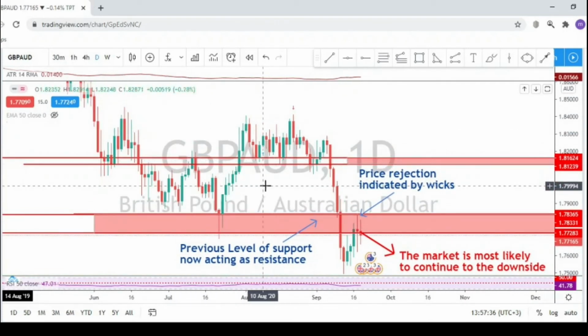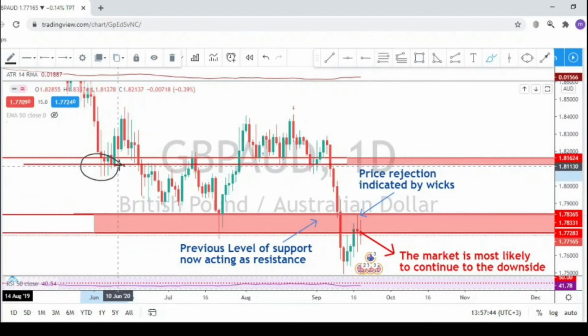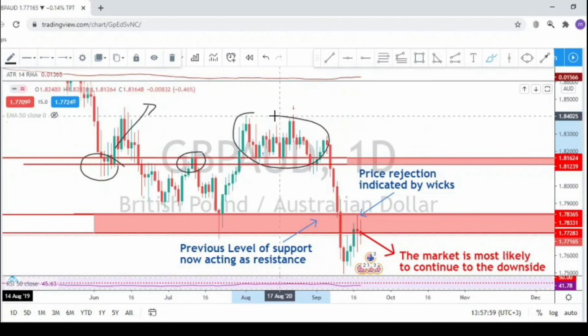And the key levels of structure, as you can see, we have this level of structure that the market has reacted to the upside, which is the support level, and at this same level the market has reacted, making this resistance. And there was a consolidation here at this level of structure. So this one here is a strong level of structure that has been tested multiple times as support, resistance, support here. And another key level of structure is here,